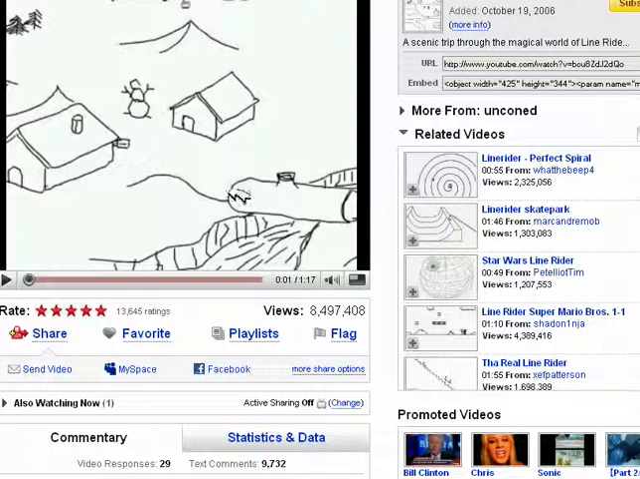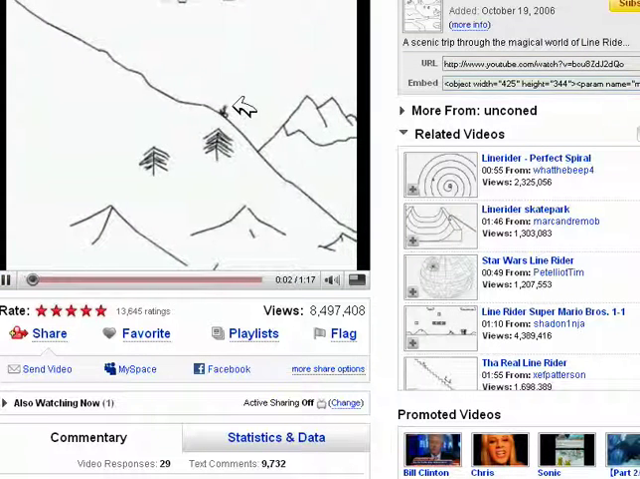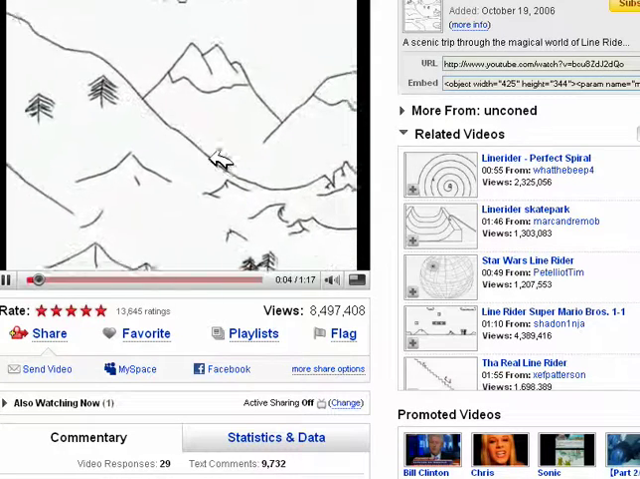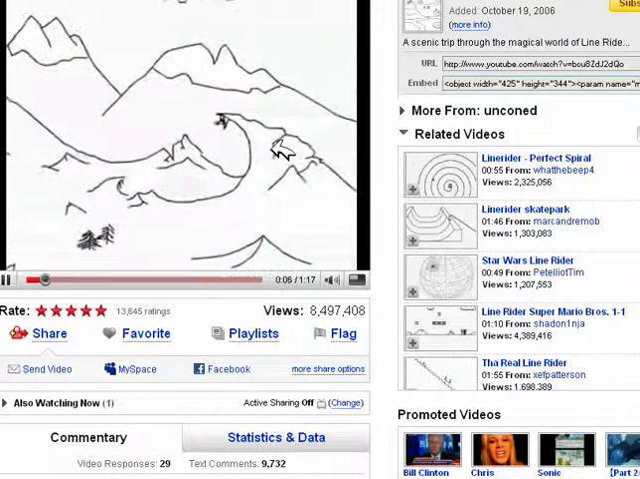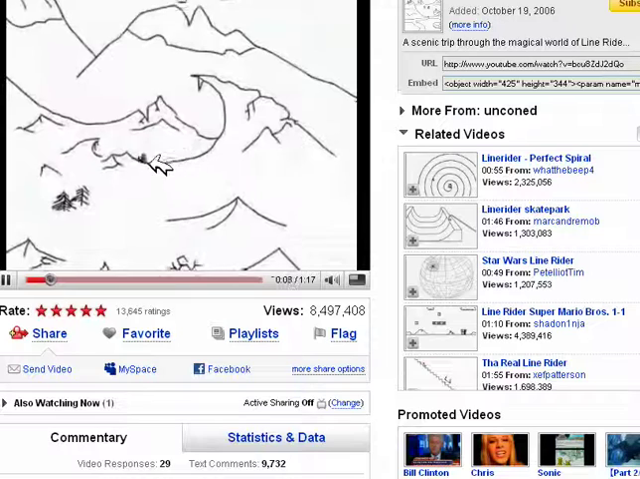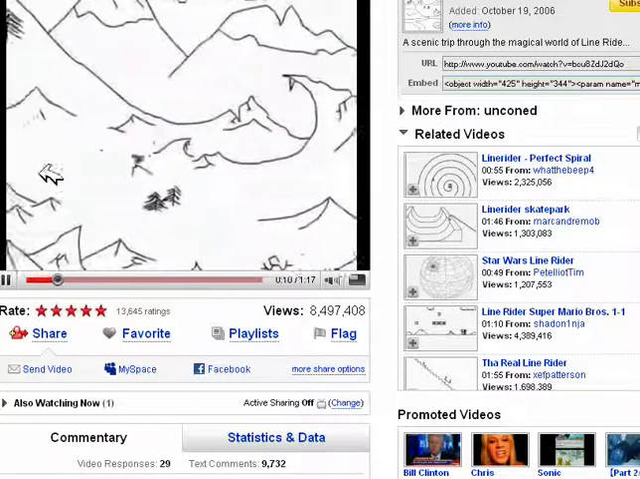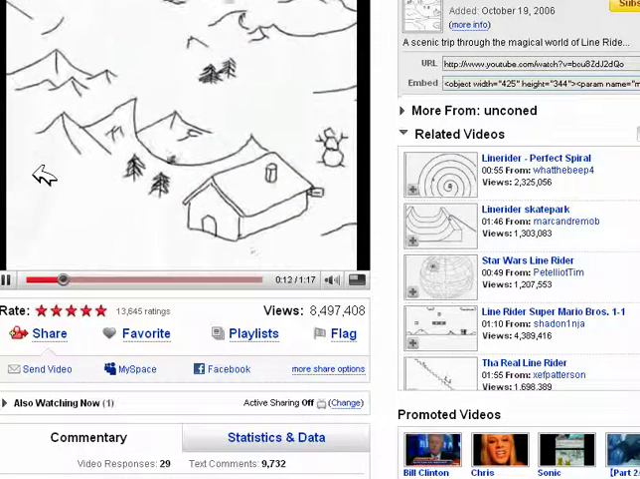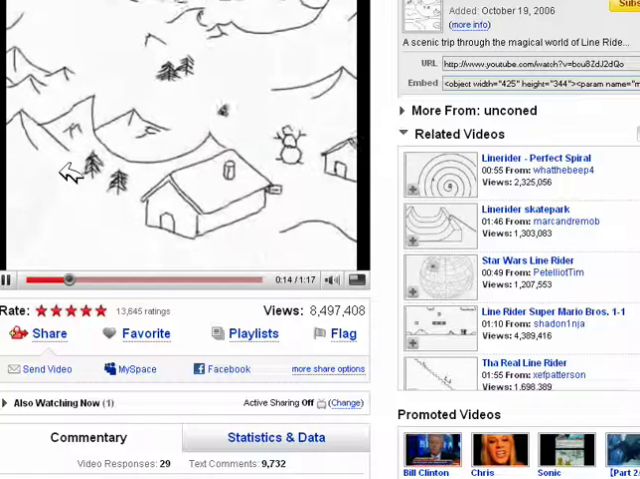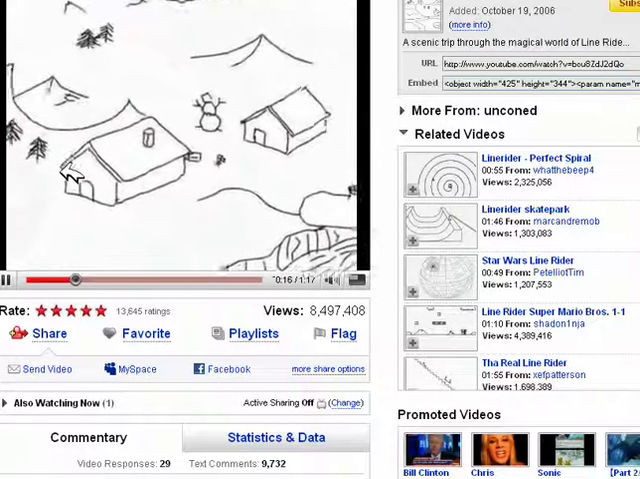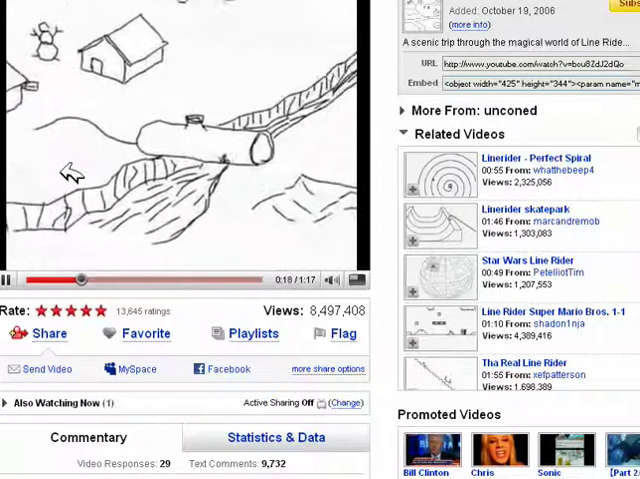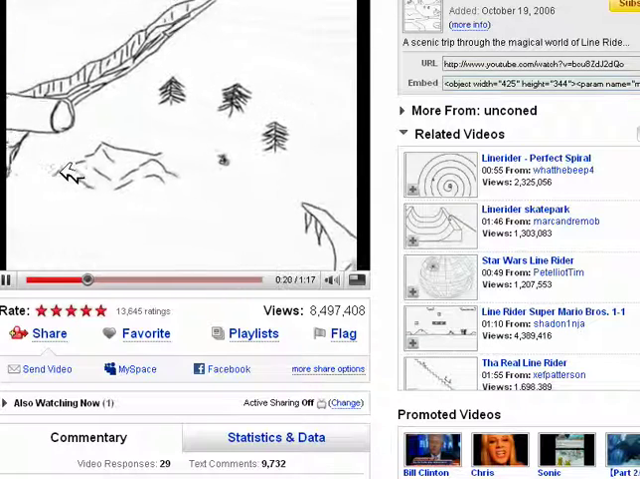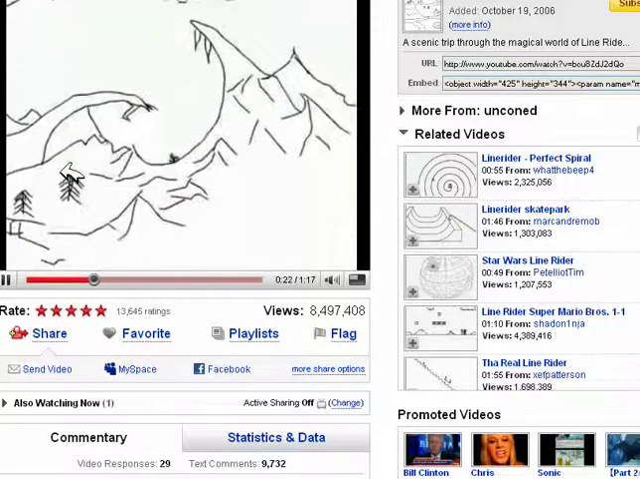Notice it's a very simple stick drawing, so you don't have to worry about your drawing skills. Let me play you a little bit of this. In Line Writer, this little guy on a sled has an adventure, hits lines and follows the laws of physics, and wends his way through this fictitious landscape created by Unconed. The houses and trees and other elements that he's not